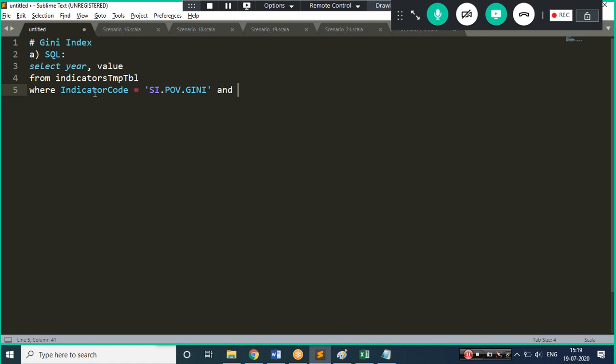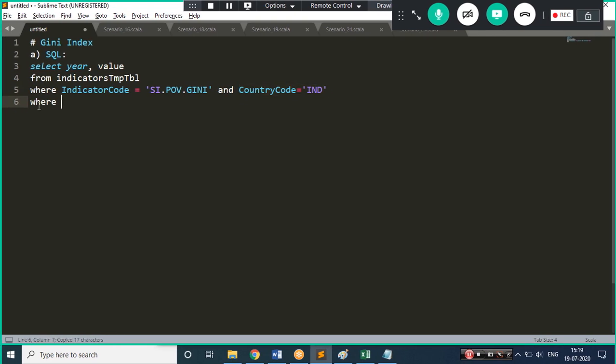And my country code would be IND for India. Okay, and let me filter because I'm trying to show the data by country code, so let me go by country code.